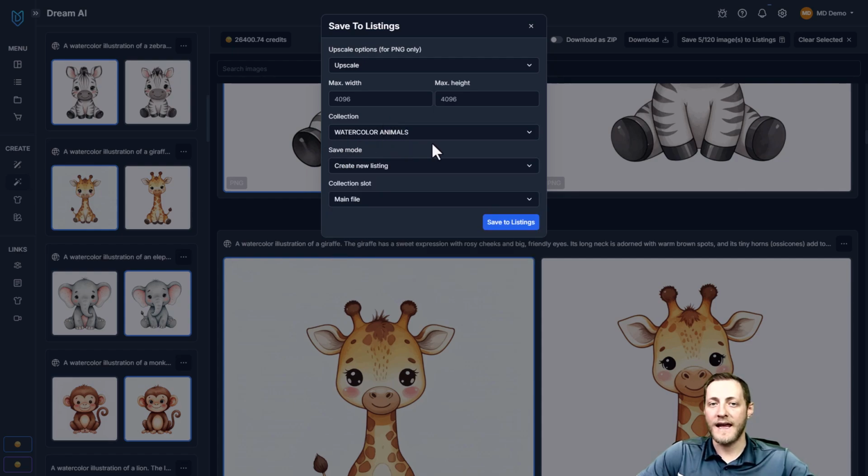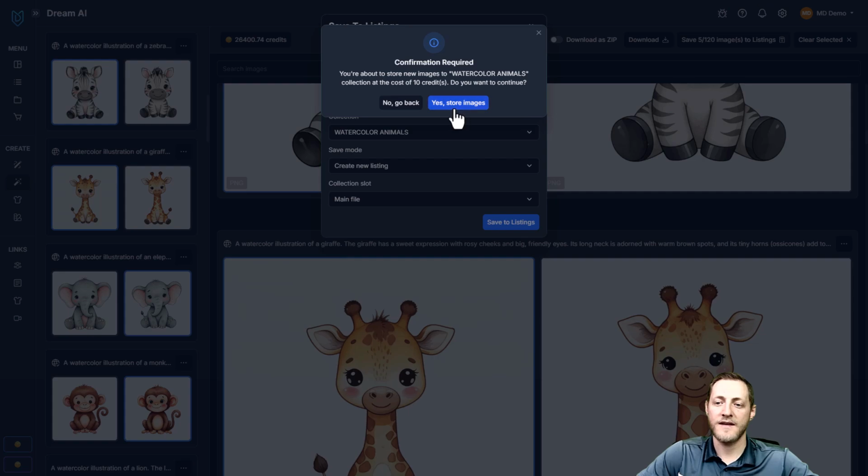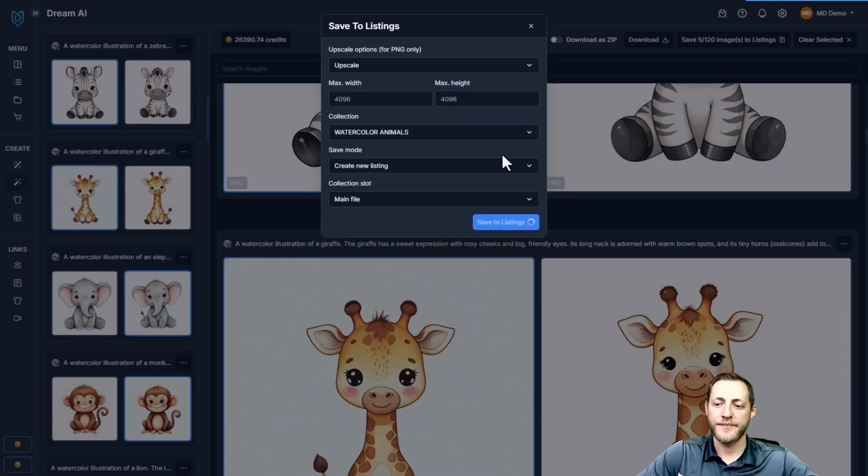If you're already in a collection and then you go to Dream AI, that should be your default collection that they're saving to. The save mode is just going to be create a new listing, as we want it to create a new listing that we're going to sell. And then the file slot we're going to leave as main file, and then we'll go ahead and click save to listings, and yes, store images. Now, once those are done saving, we'll jump over to the listings page to show you what they look like